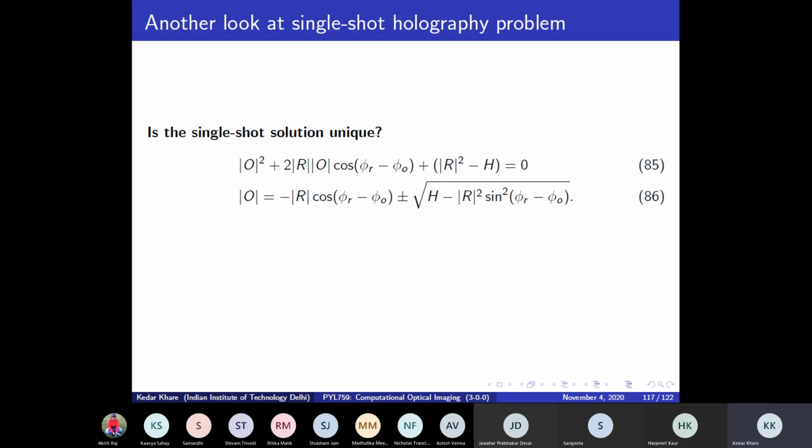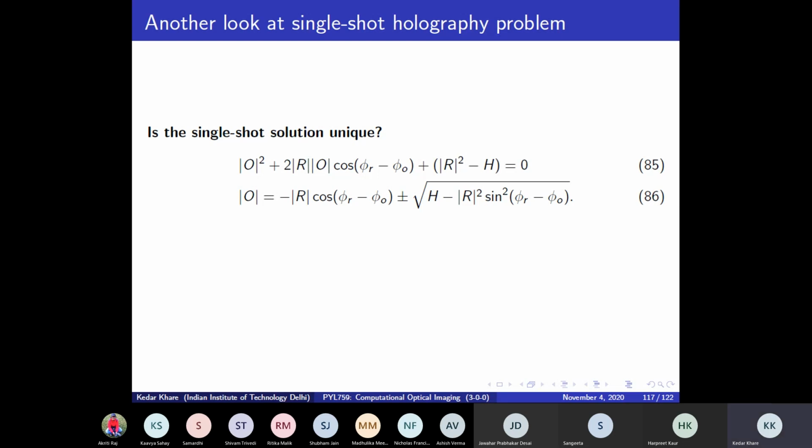In general, when you deal with digital holography, the hologram is known to you and the reference beam is also known to you. For example, the reference beam amplitude you can measure just by blocking the object beam on the camera. And if you know what the fringe structure is, you can estimate from the fringes what the tilt is, for example. And so the reference beam is supposed to be known. But the point is, if you write it this way and you write the magnitude of O as a solution, you get this solution.